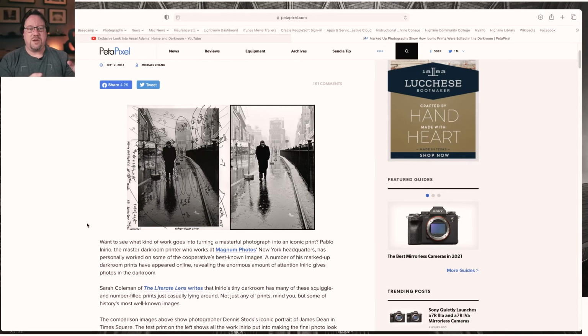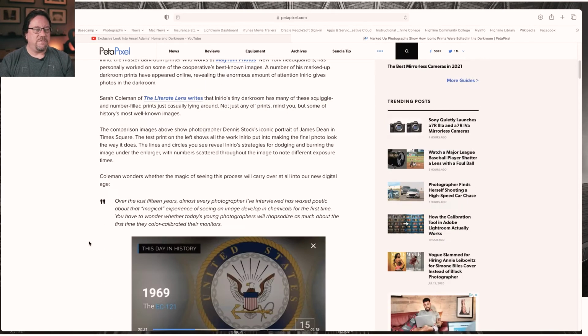Now, obviously, Ansel Adams was not alone in the way he approached this. It was relatively common, and I don't think most people know how much work, traditionally in the darkroom, the wet darkroom with chemicals, was involved in creating prints that we saw. So I'm going to show you how these images went from a straight print with no mechanical intervention to a print that had intervention of dodging and burning, primarily to shape your attention, to darken certain areas, brighten others, so that you would not just have this gray thing, but you'd have more contrast, and contrast helps shape attention. So that photo of James Dean shows that.